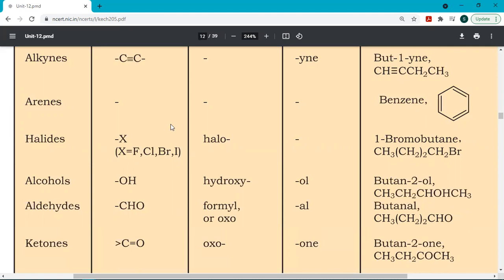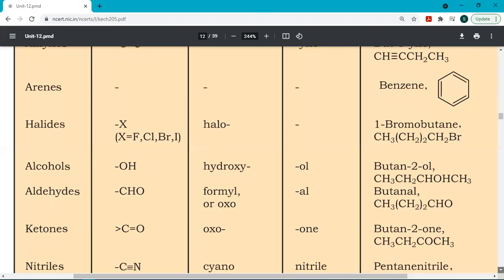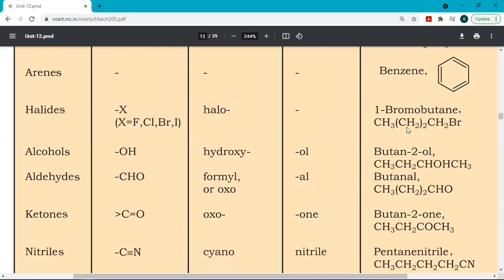Now we already know that halides or halogens. Halides are the halogen family: fluorine, chlorine, bromine, iodine, and for that we used to use prefix halo. So for example, if bromine is attached here, so what will be the nomenclature? 1-bromo, because we will start nomenclature from this side, from right side. 1-bromobutane. This will be 1-bromobutane. Okay. If chlorine is there, so that will be chlorobutane. If fluorine is there, then fluorobutane. And if you have iodine, then iodobutane.